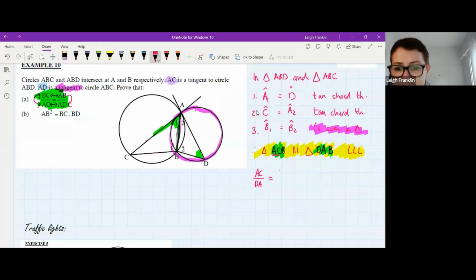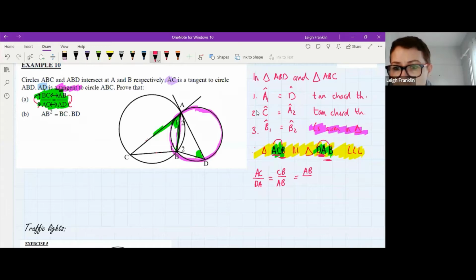And side CB in triangle ACB corresponds with which side in triangle DAB? AB. AB, good. So can you see, Matrix, the first two letters over the first two letters, the second two letters over the second two letters,